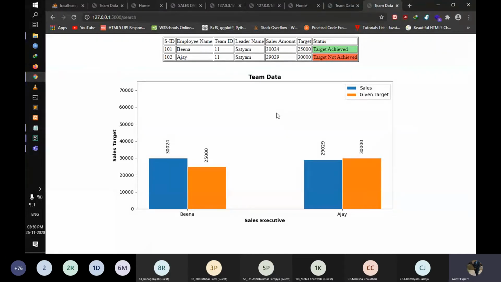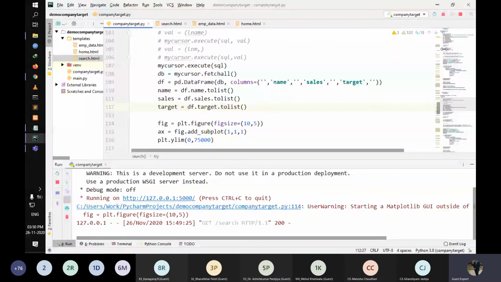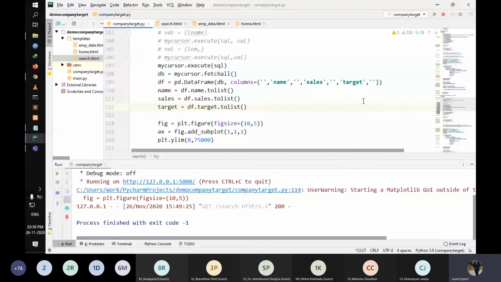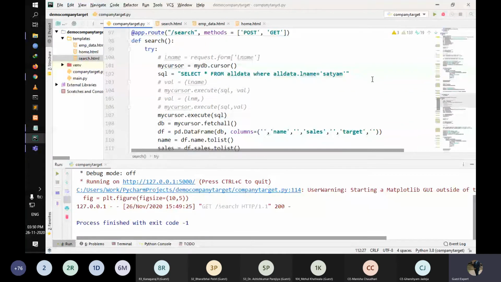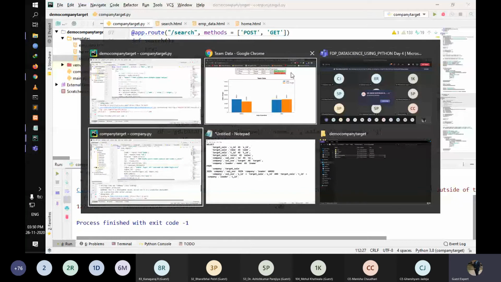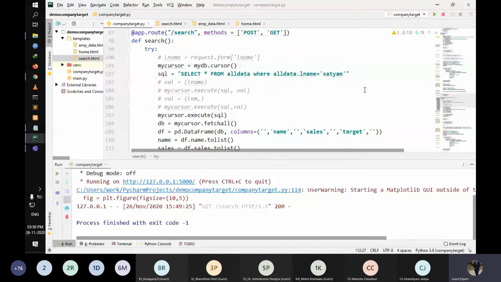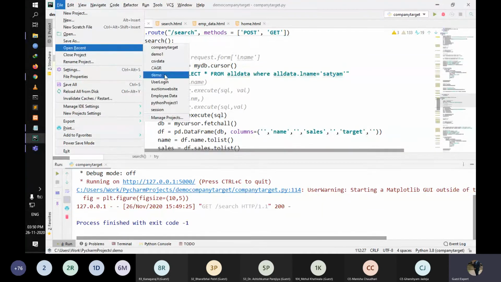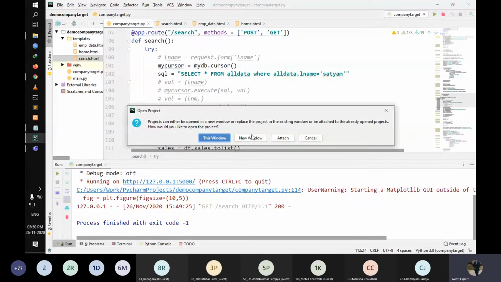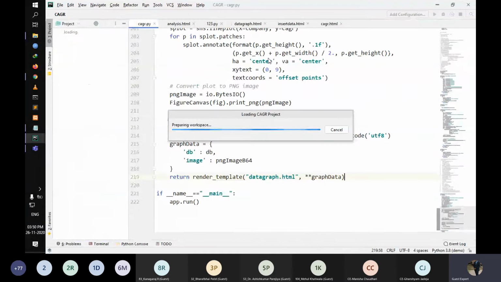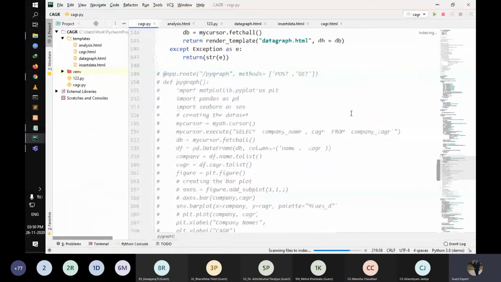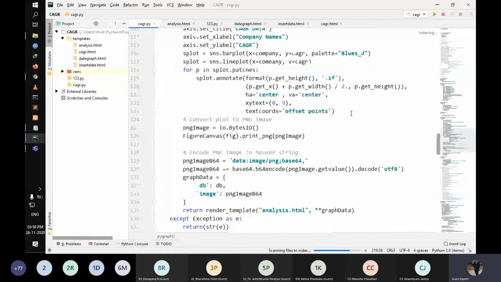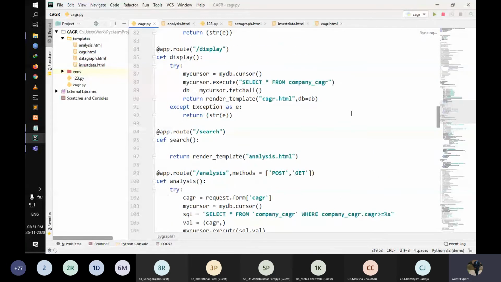But sorry for the inconvenience, we recommend you please do these things if you are facing the same error, because right now our code is totally right, but why are they not working? So right now we call this an R&D portion, but during this lecture we are not able to do the R&D, so we just continue with other projects. But we recommend you please do this task. Right now this is our hands-on session, so please do this task. In case other people are facing the same issue, we are sharing the same code with you right now.